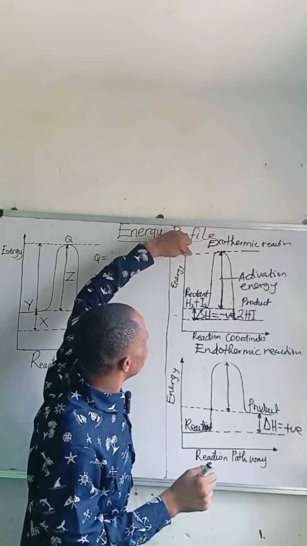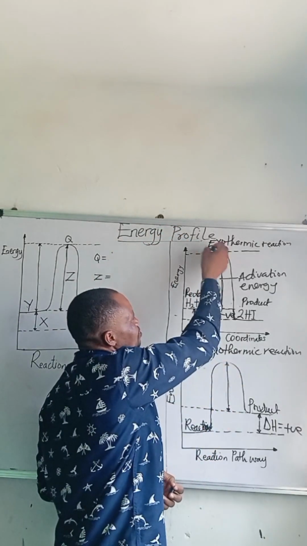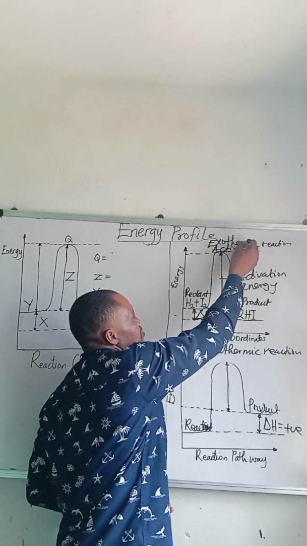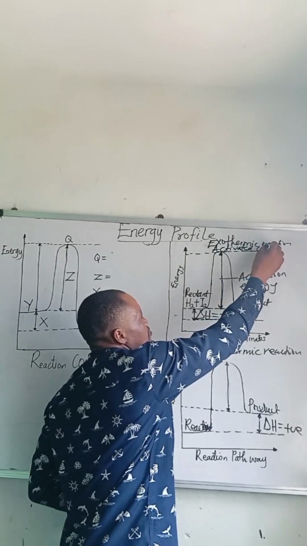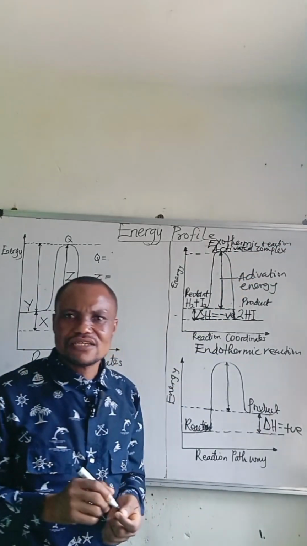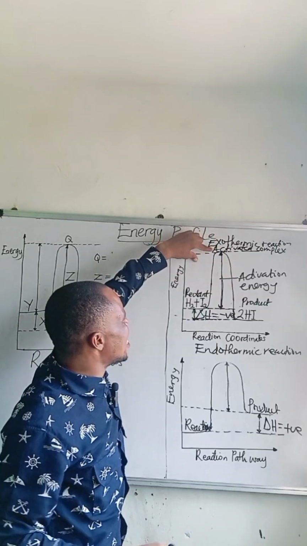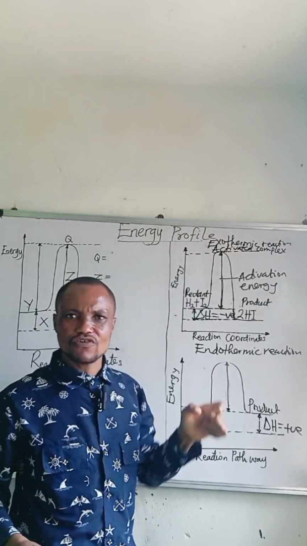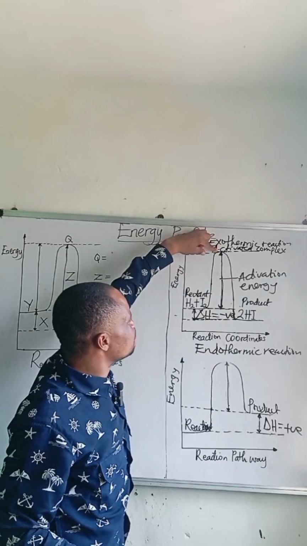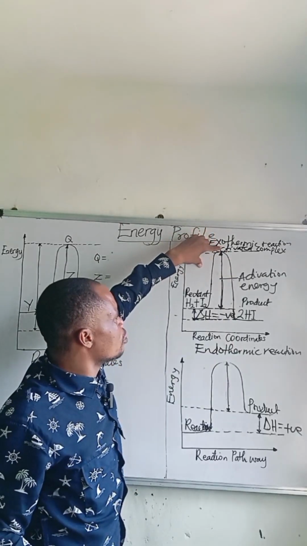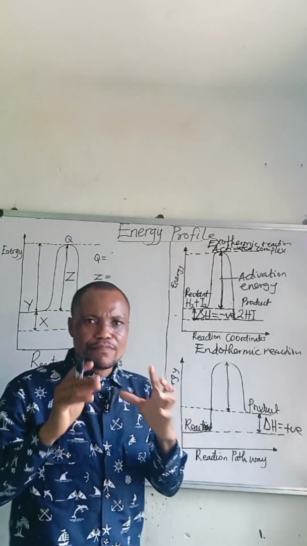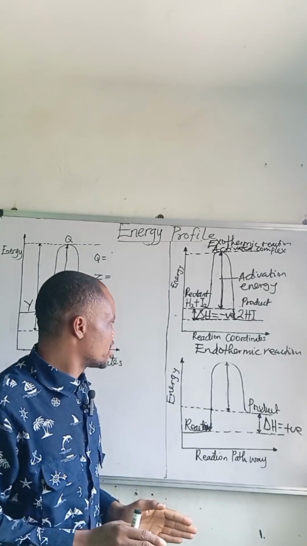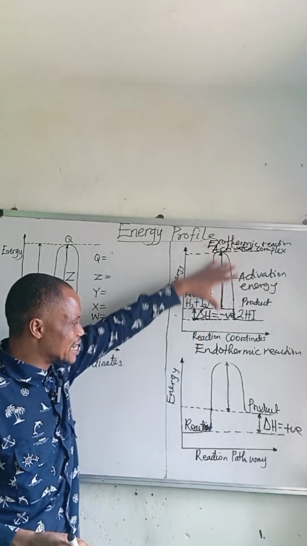Then, if you look at this point, from this here is known as activated complex. This is the highest point of the curve. At this point, the old bonds of the atoms are being broken and new ones are being formed. Okay? Now, from this explanation,